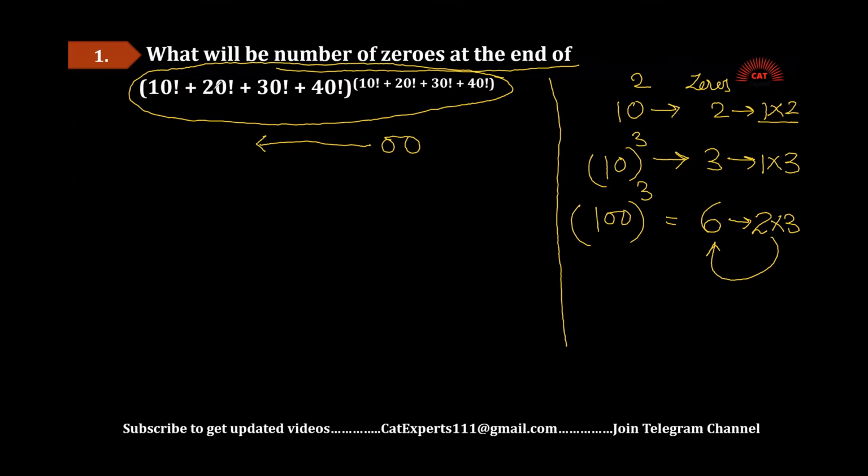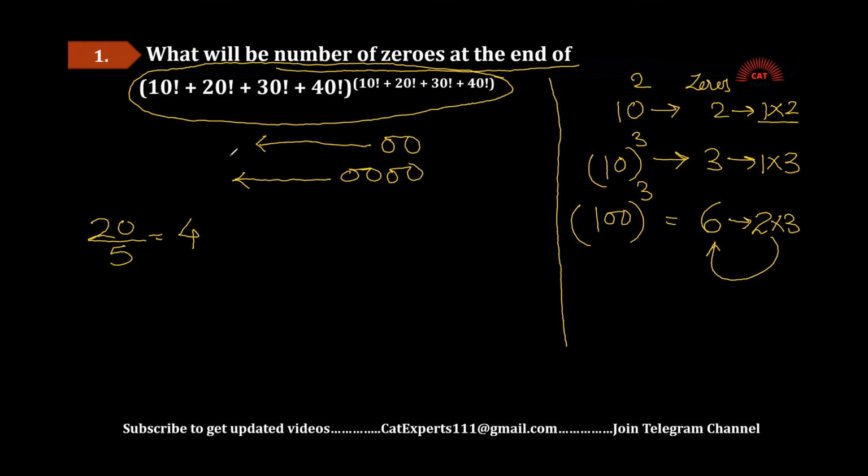How many zeros will be there in 20 factorial? I will try to find out the number of zeros. 20 by 5 will become 4 and further division is not possible. So I will get 4 zeros at the end of 20 factorial, and the rest of the digits on its left.